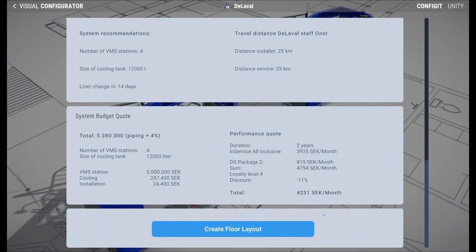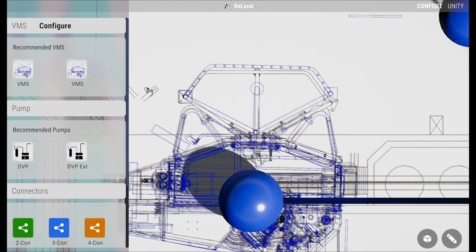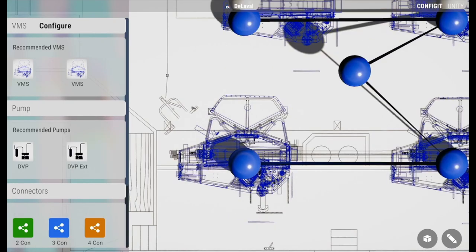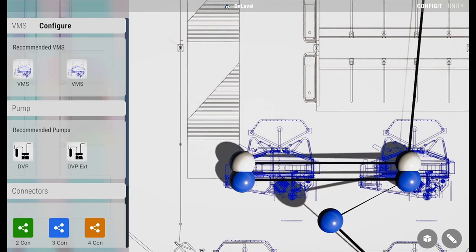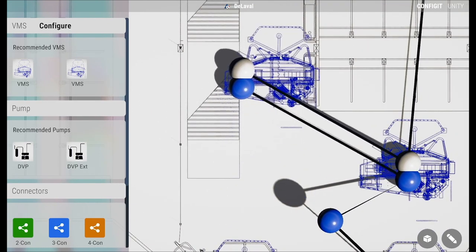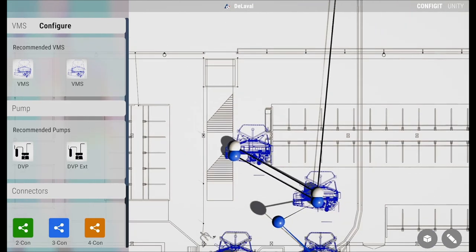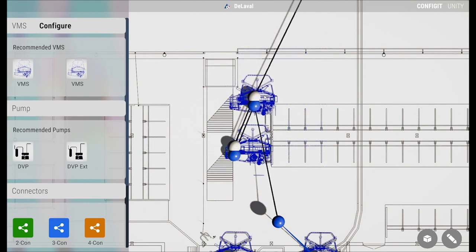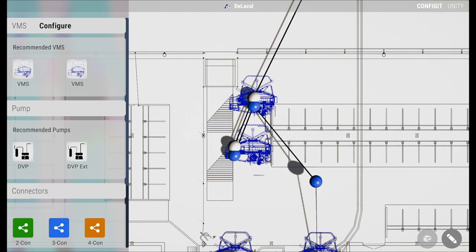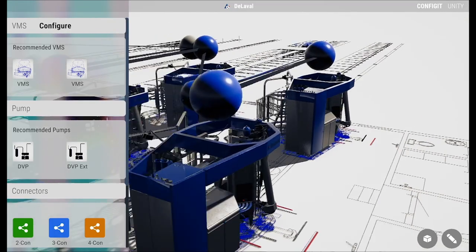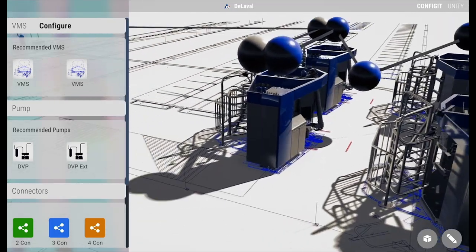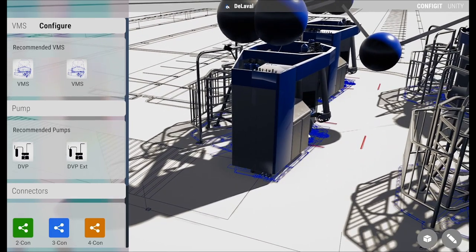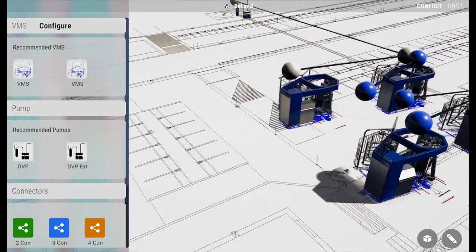A first estimation of the budget is generated from the proposed configuration. In the visual configuration process, the sales expert can still adapt the proposed configuration to the customer's layout and make fine adjustments. The quote is generated from the results of the visual configuration, and the sales expert in the dealership can switch back